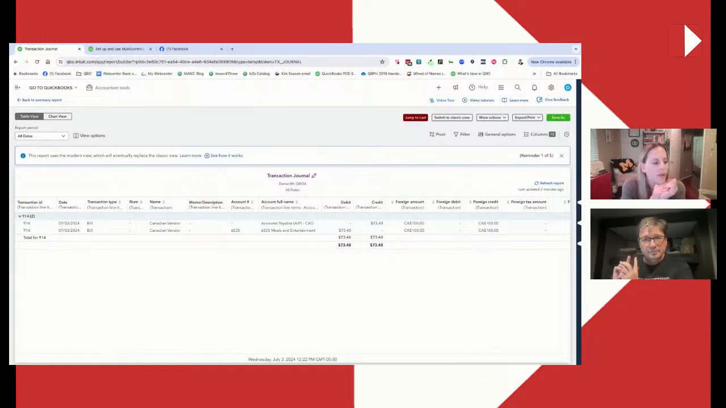That is the original purpose of what this feature would do: allow QuickBooks to automatically calculate the realized gain or loss, or the unrealized gain or loss, due to the change in foreign